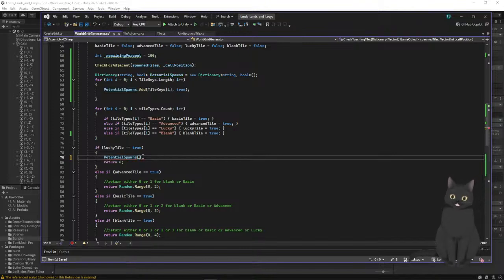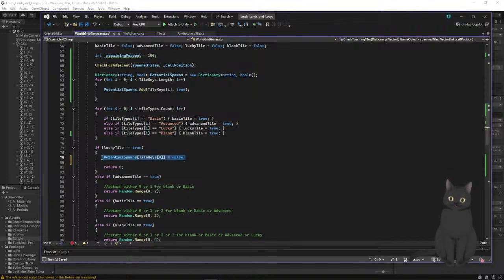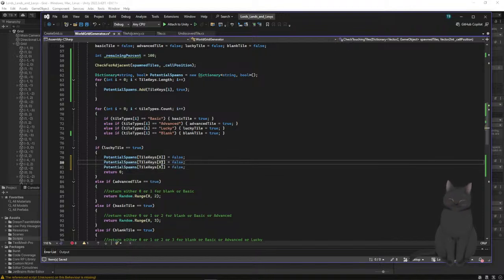we're checking potential spawns at tile keys. For this one, we are looking at tile keys 0. We're not allowed 0. Then we're also not allowed home, which is 4. We are also not allowed other lucky, which is